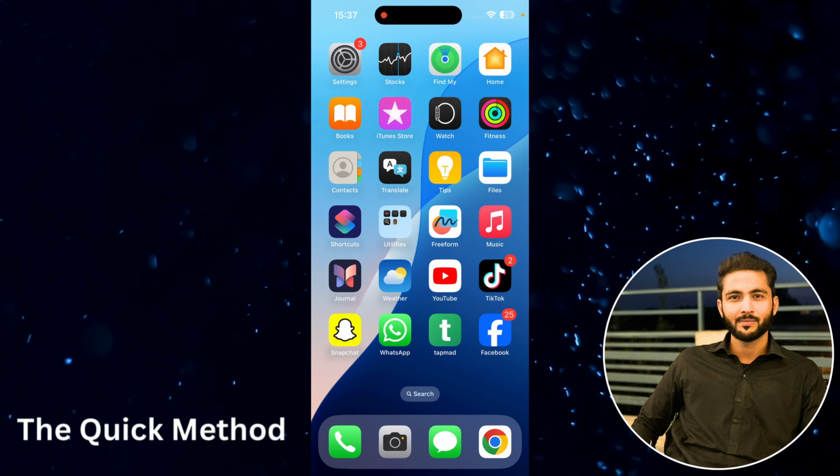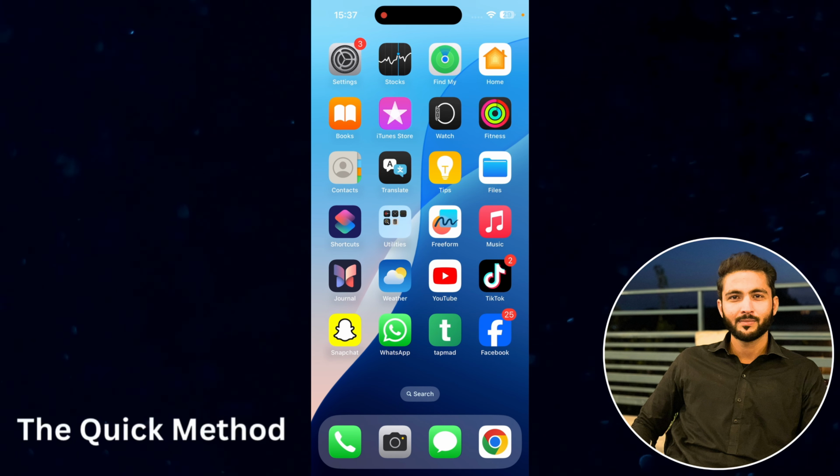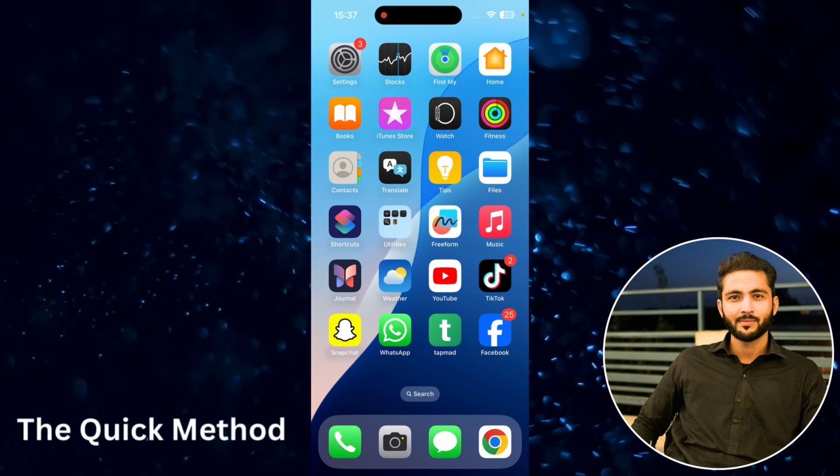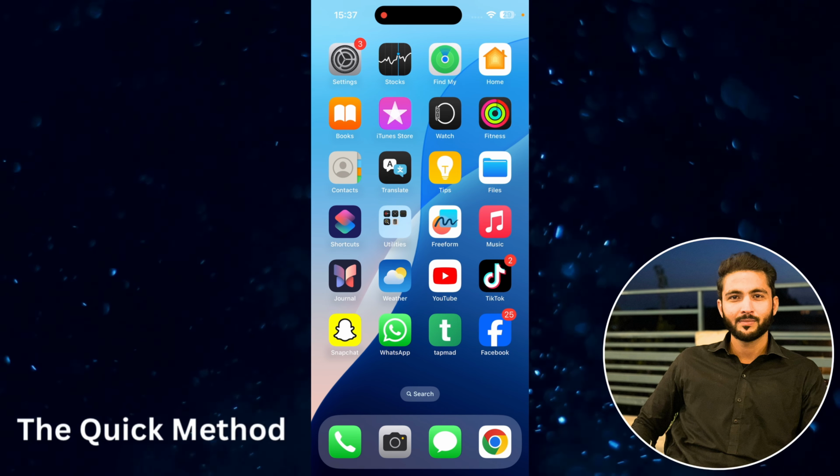Hi, so let's talk about how you can change font style on your iPhone. If you don't like your current font, you can change your font on different apps and I'll guide you